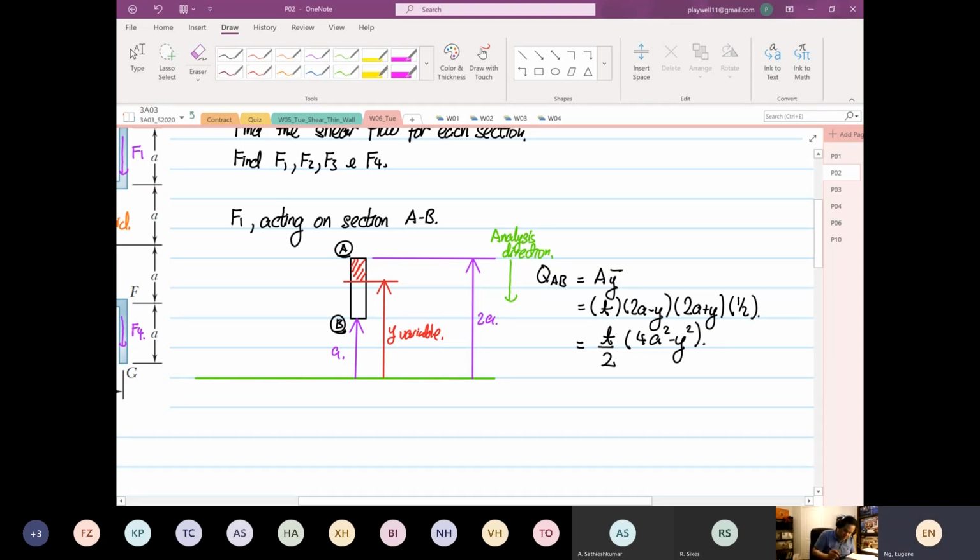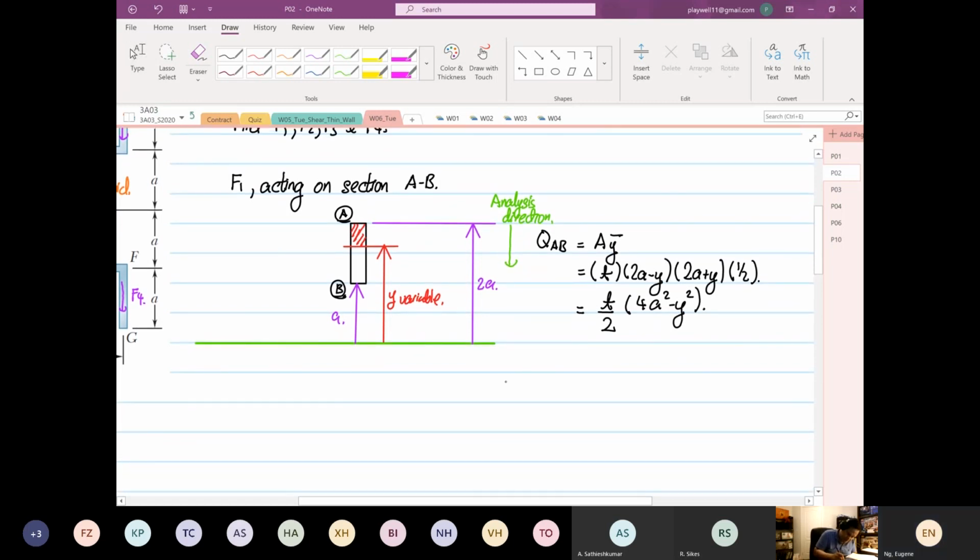Then we're going to find the shear stress across AB as a function of y. So you have V over I t. Now the thickness, for this case, is this thickness over here. It's thin wall analysis, right? So this is our t. So the thickness is relative to the shear